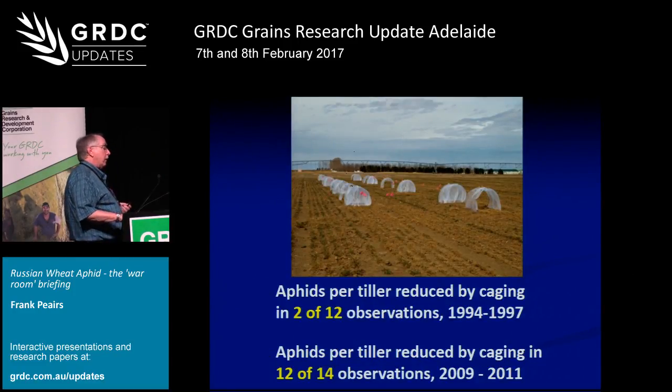The first time we tried to measure the influence of biological control on Russian wheat aphid abundance, we did that in the mid-90s. And in that particular case, we found very little effect from biological control. For reasons that I'm really not clear on, we decided to repeat those observations, and the picture had changed quite a bit. In almost every comparison, we see significant reductions in Russian wheat aphid due